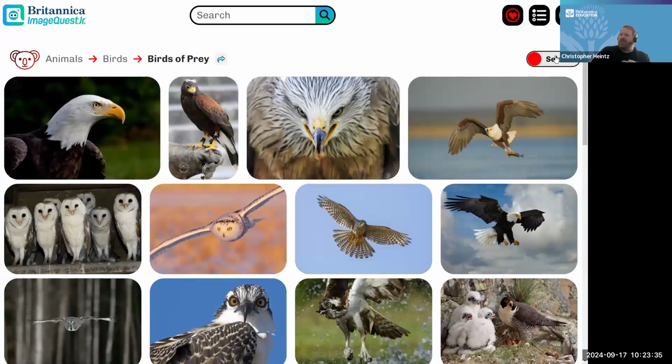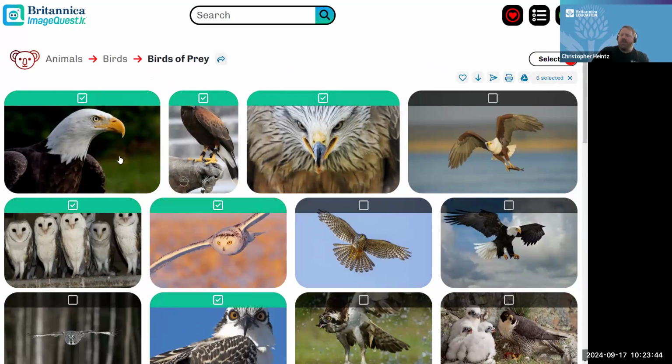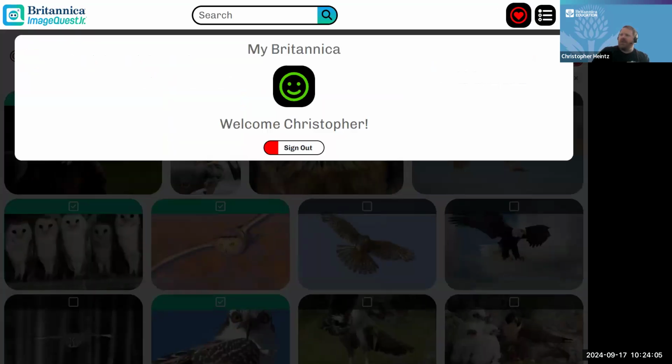One of the things you can do is select content. You can select multiple images from a gallery. If you find certain ones that you want as a sub gallery, you can add them to your favorites using a My Britannica account. You can download this content to your device. You can share via email, print, or save to Google Drive. And one of the things I like to show is that if I go into my personal account here,